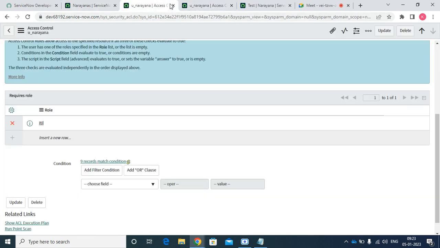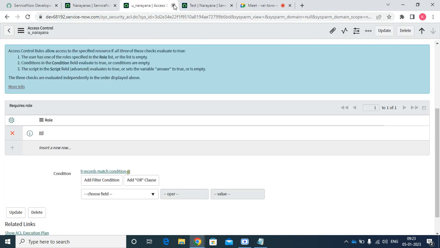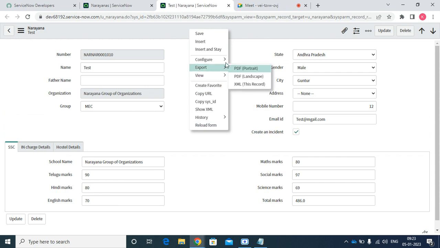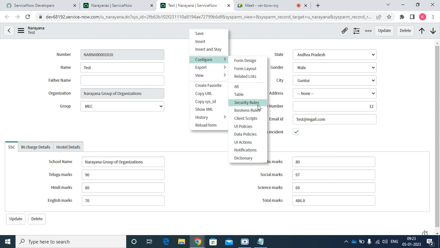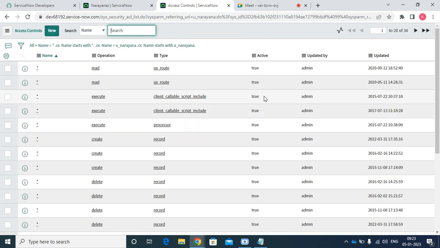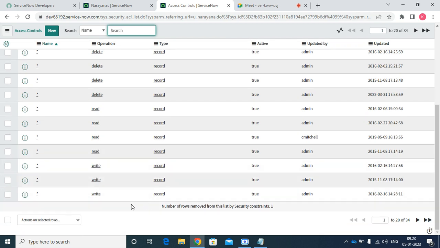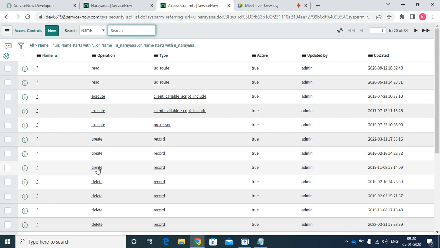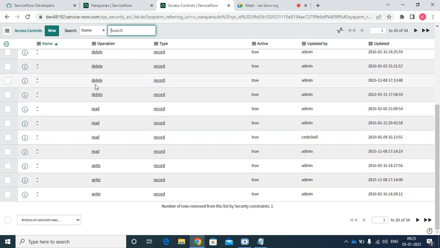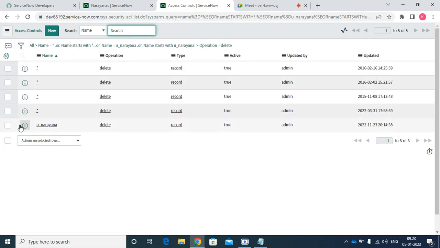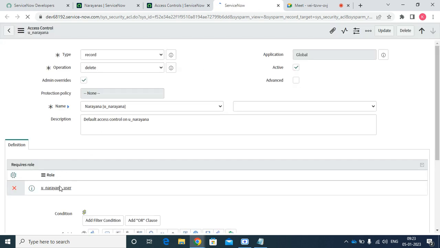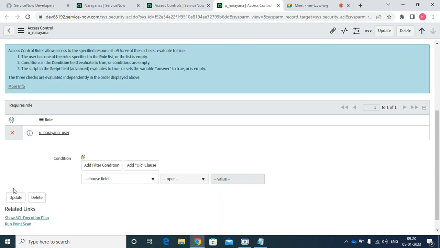So here if I open, right click, configure security rules. Now we need to check the delete ACL. See, if I open this delete ACL, for the delete ACL, what we are going to do is we are just going to,